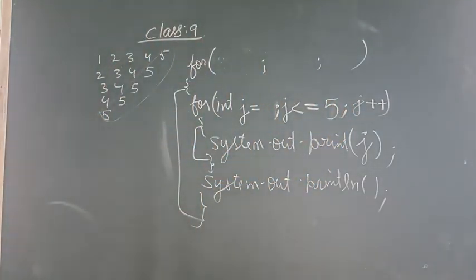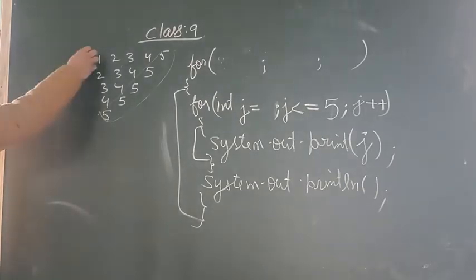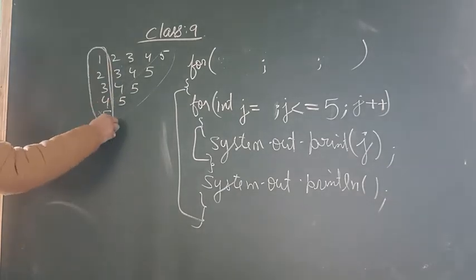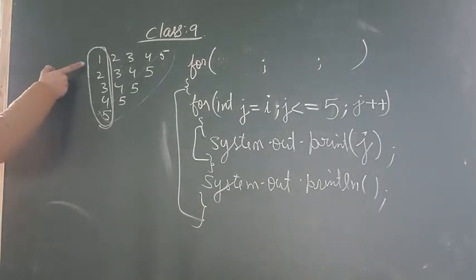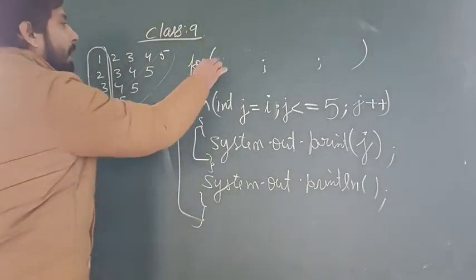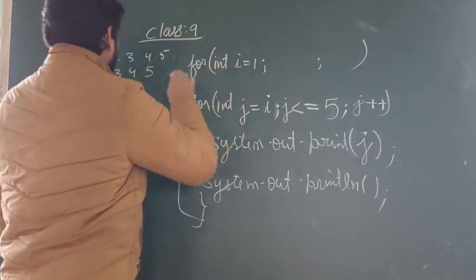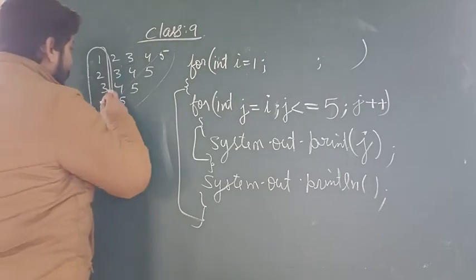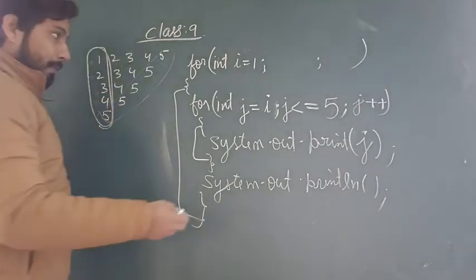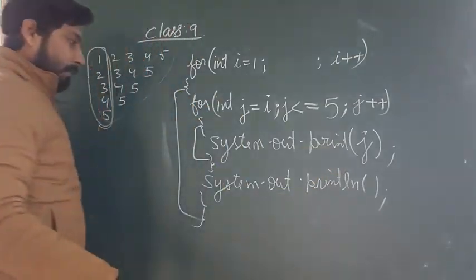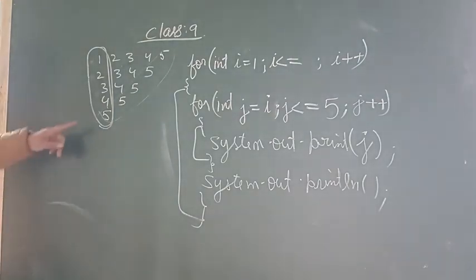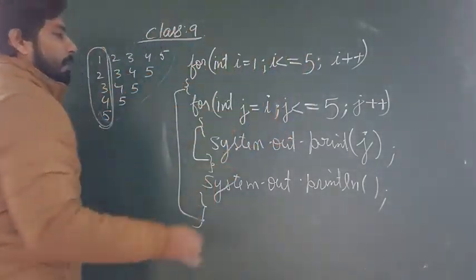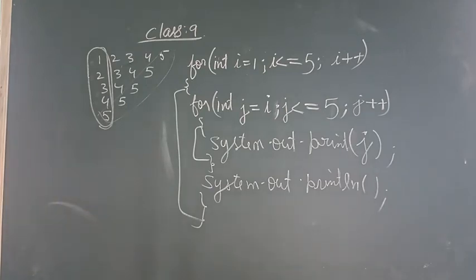Okay, now the initialization place is left, that is for the relation. And one more thing, the first value of each line is different. And when the first value is different, we are going to print i here. So your i will be here. Now 1, 2, 3, 4, 5. So i equals to 1. It started with 1, then after 1 comes 2, after 2 comes 3. So it is increasing by 1. So it should be i plus plus, and then we have i less than or equals to 5. So this is your pattern for this question.